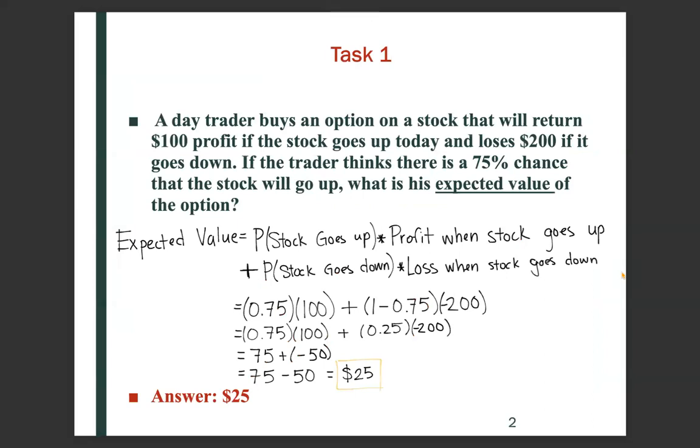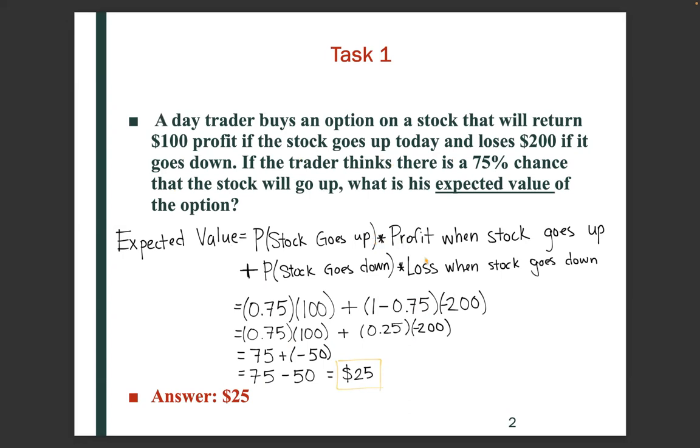Task 1. A day trader buys an option on a stock that will return $100 profit if the stock goes up today and loses $200 if it goes down. If the trader thinks there is a 75% chance that the stock will go up, what is his expected value of the option? So to find the expected value, you're going to take the probability that the stock goes up